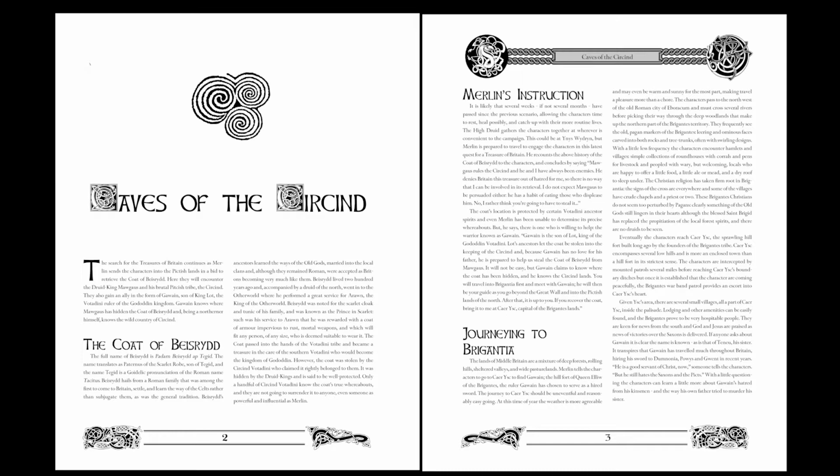All right. So then they go on to talk to you a little bit about the importance of the coat of Baesrid, and then move on to Merlin's quest for you and how he wants you to approach this, right? And you start off in Caer Isaac, I believe is how it's called, the capital of Brigantia, right? And so you got to travel there, and you find Gawain at the hill fort of Queen Elwa or Elev